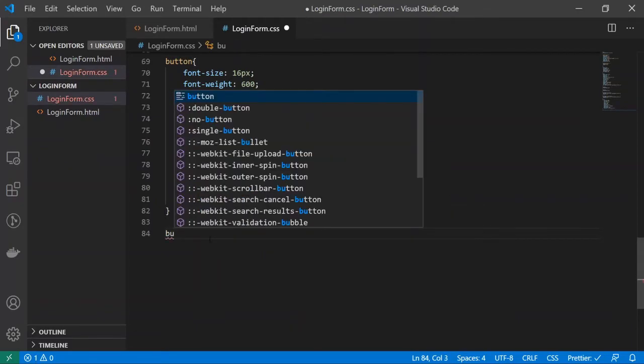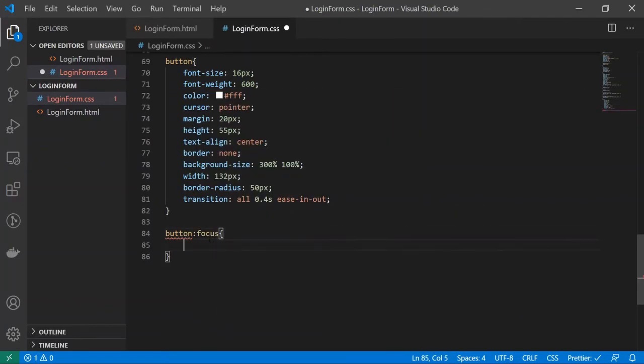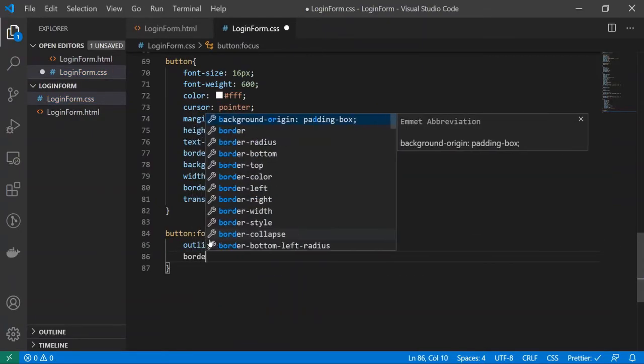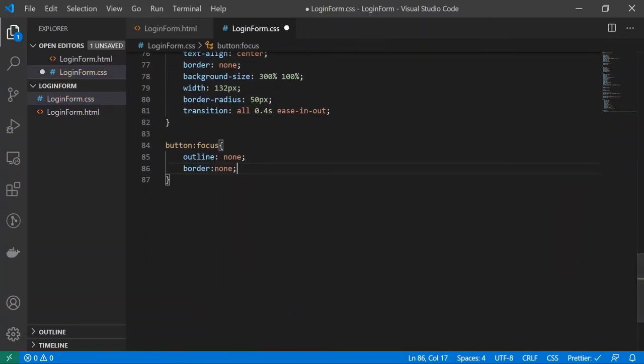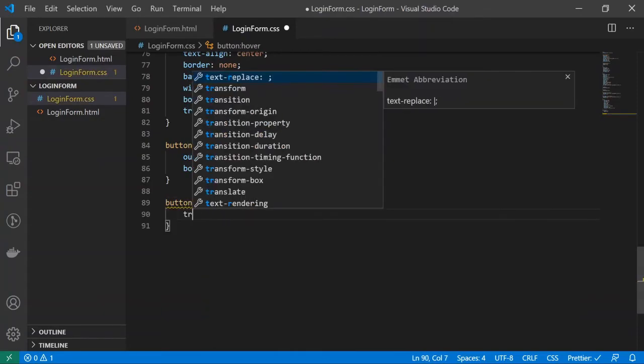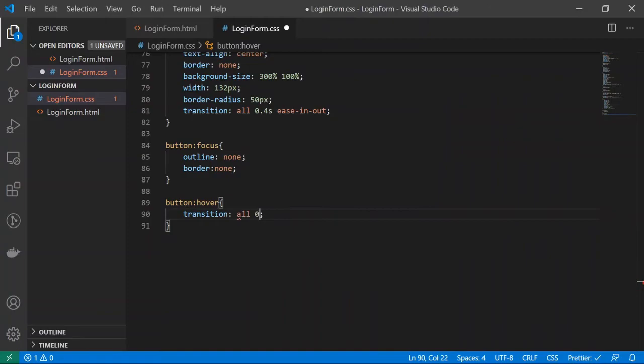And now on focus, so button on focus, we'll do outline to be none, border to be none. And now for the hover effect, so I'll do button on hover, transition we want all 0.4 s, ease in out, background position 100% and 0,